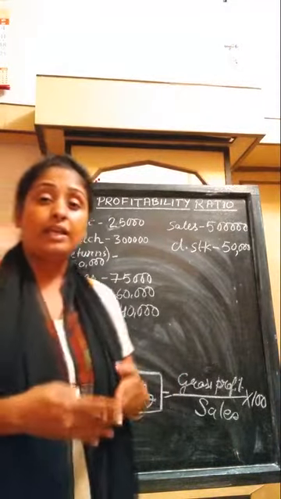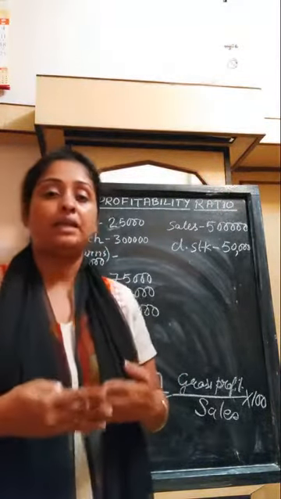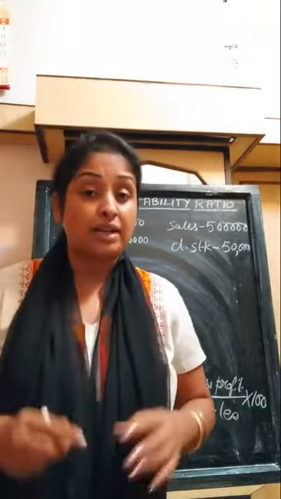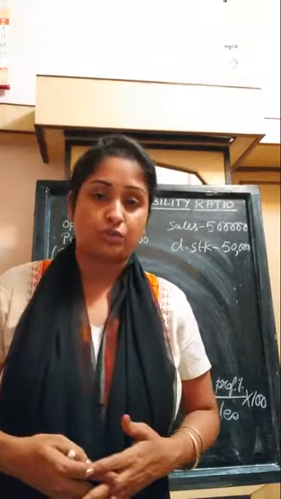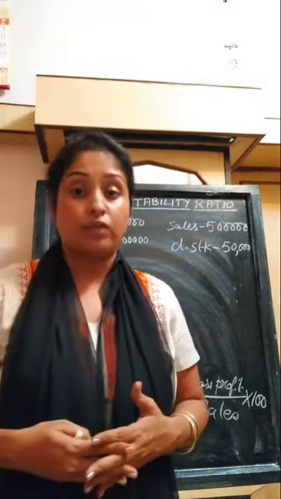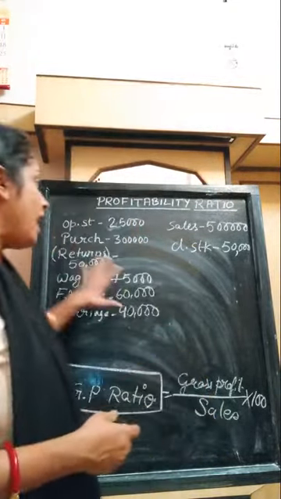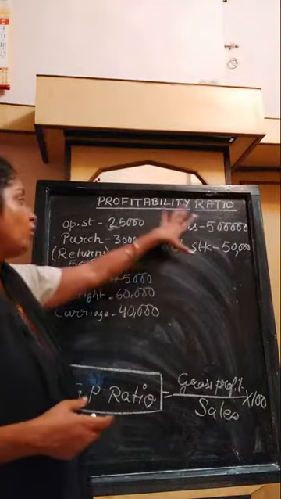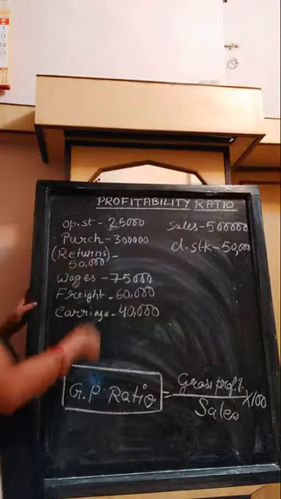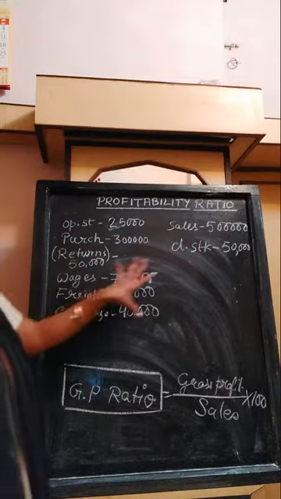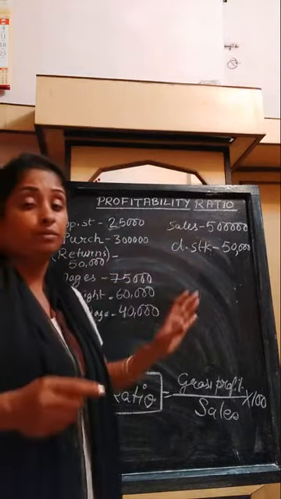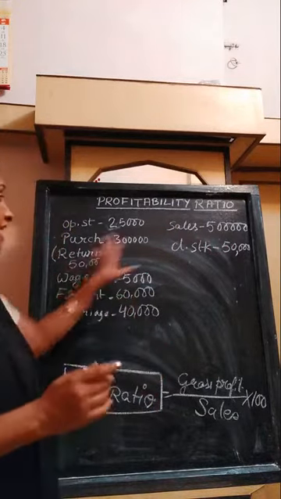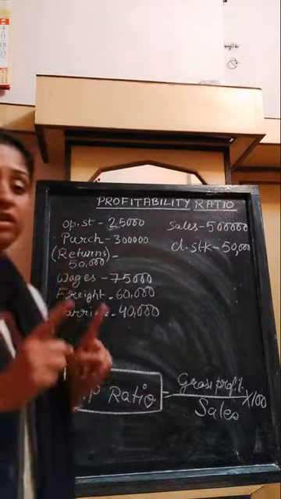Now, directly gross profit may not be given to you in the sum. The sum which you will be provided, directly gross profit will not be given to you. A certain percentage can be given over sales or certain items can be provided to you, just the way I have shown with the help of an illustration. See, this is an illustration. These few items will be given to you other than the gross profit. These items will be provided to you and not the gross profit.